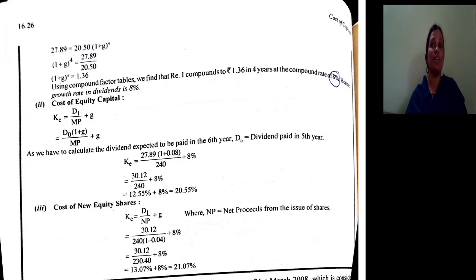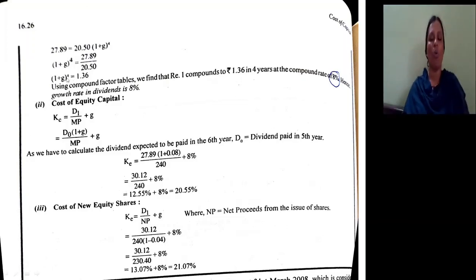If you issue equity, you have to incur a flotation cost. So D1, the same 6th year dividend of 30.12, divided by MPS 240 into, how much percentage of MPS is the flotation cost? 4%. So 4% of 240, otherwise 240 into (1 minus 0.04), plus growth rate 8%. So 30.12 divided by 230.40, plus 8%. The answer is